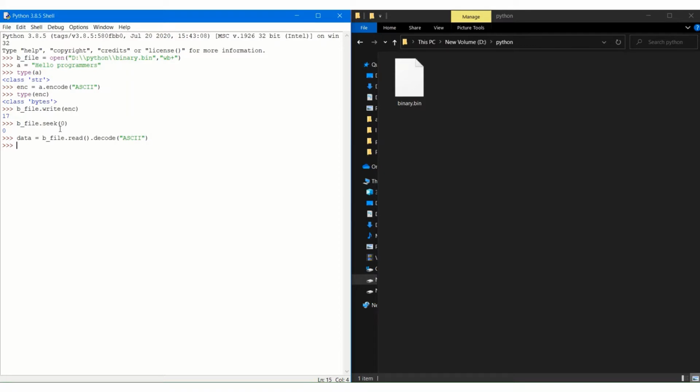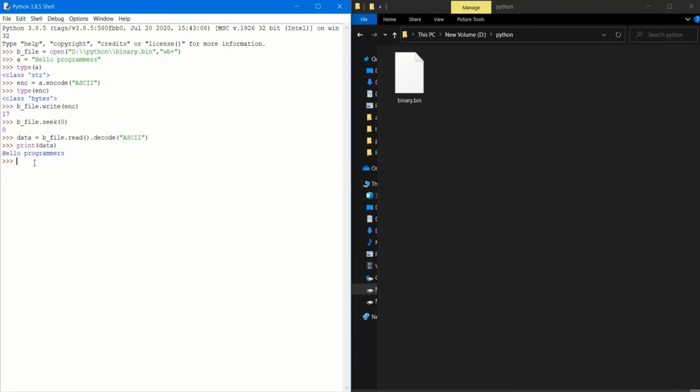Now let's print our data, and you can see hello programmers has been written here successfully. And lastly, just close this file because we have done our operations, and that's all. So this is how we perform binary reading and writing.